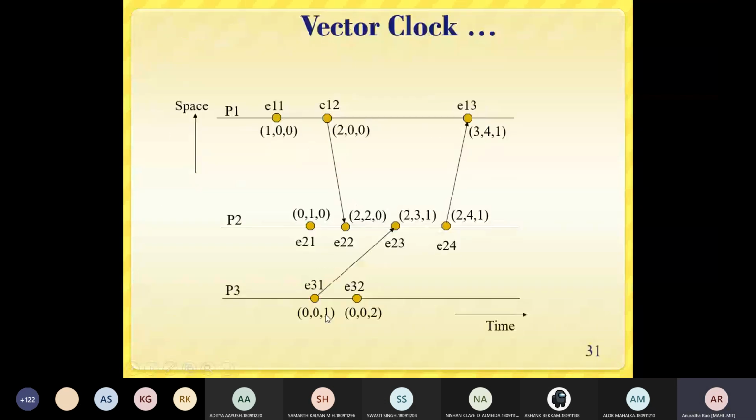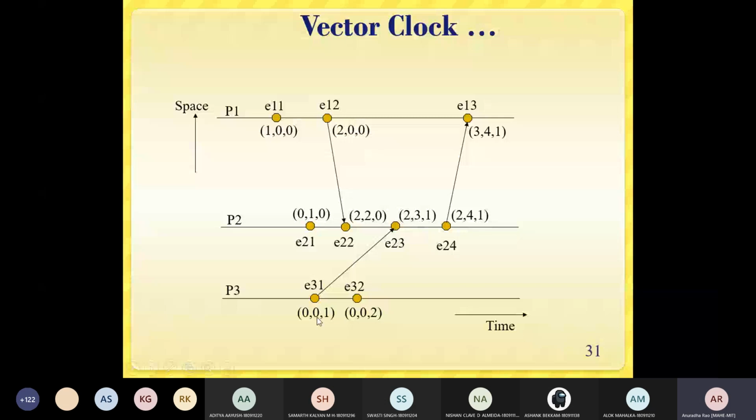Similarly, when you compare what should be the timestamp of E23, compare this 0 and 2. Whichever is maximum, because 001 will be piggybacked here and that will be checked, and then 2 is maximum, so 2 will be taken into consideration.